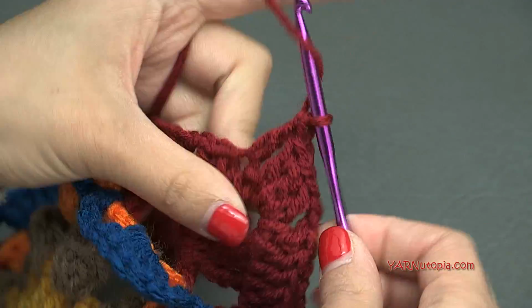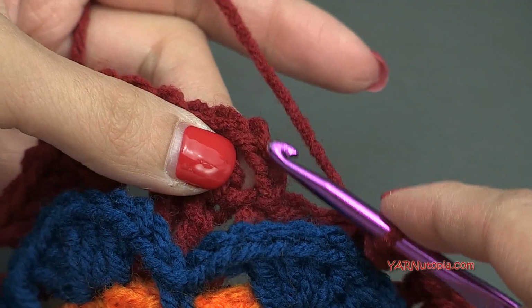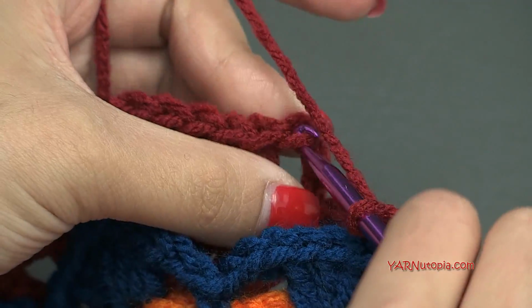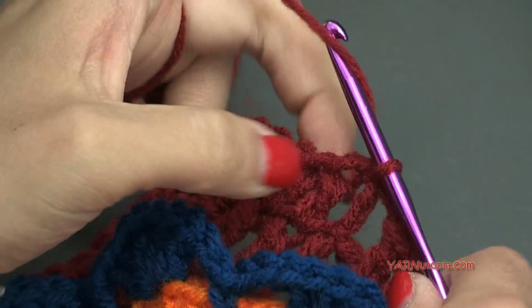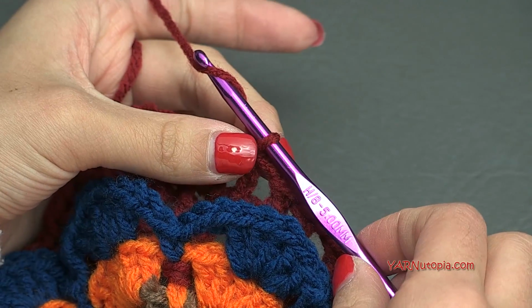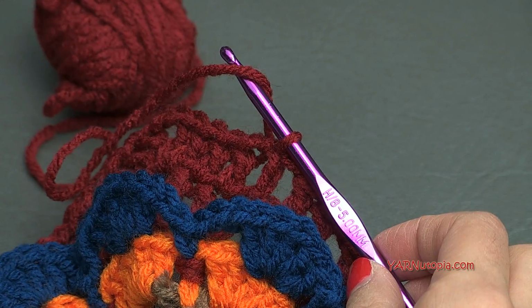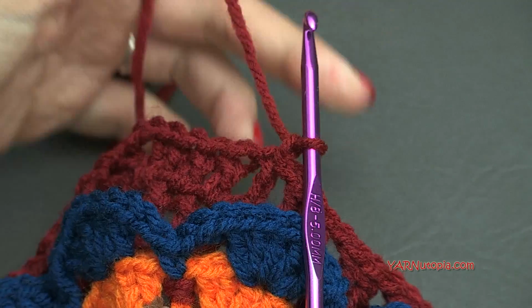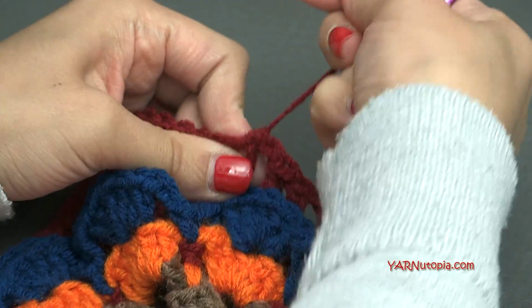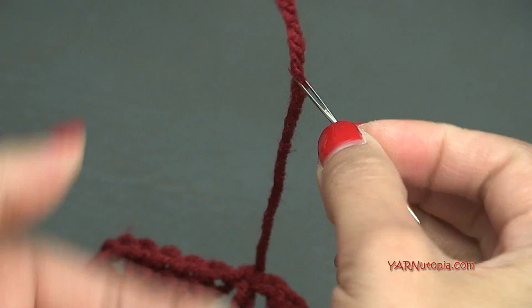Okay, when finishing, just chain 1 and then slip stitch to the beginning chain up 3 of this round, so right in here, yarn over, pull through and through. And now I am going to fasten off, but I highly recommend you go on to rounds 9 through 14 on Melissa's pattern. You can make this square as big as you want, but I'm just going to chain 1 and cut this yarn and continue pulling this through, pull tight,